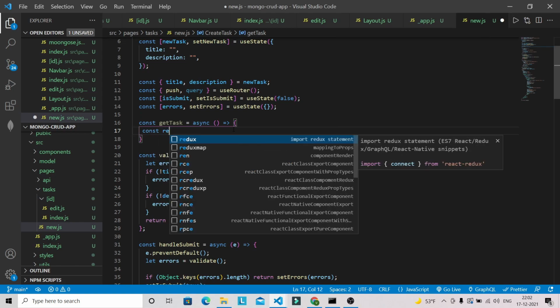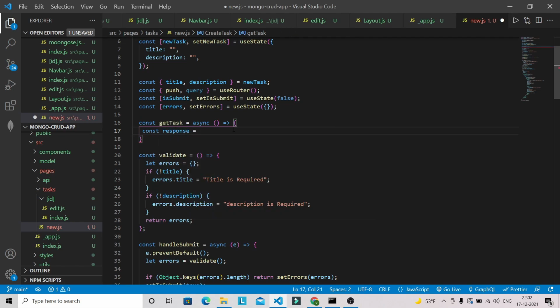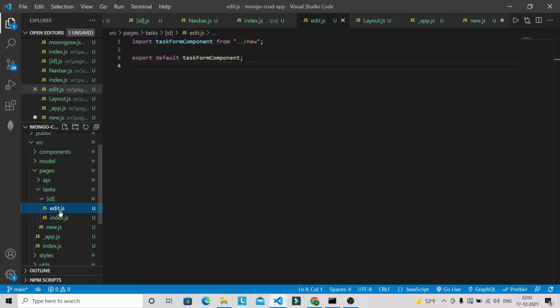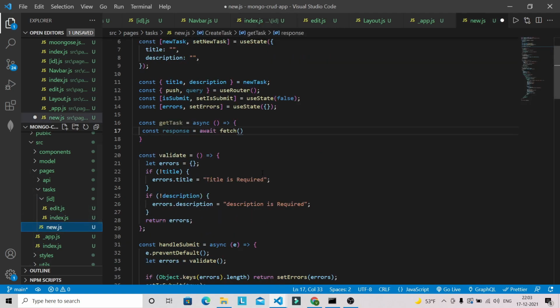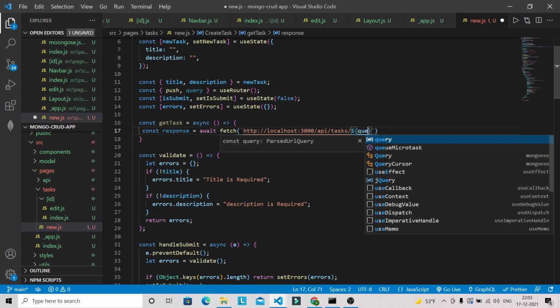So const response equal to await fetch, and we can just copy this URL from index.js file. So this is the same URL we are going to use here for getting the single task. Okay, and here, instead of ID we have to give query.id.